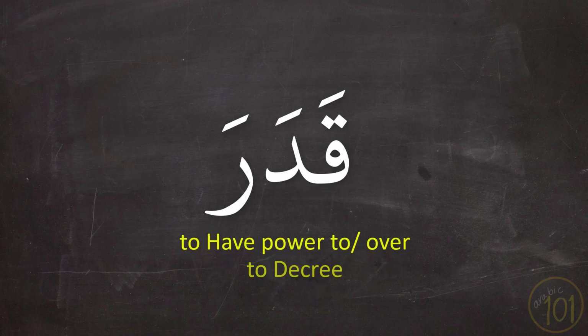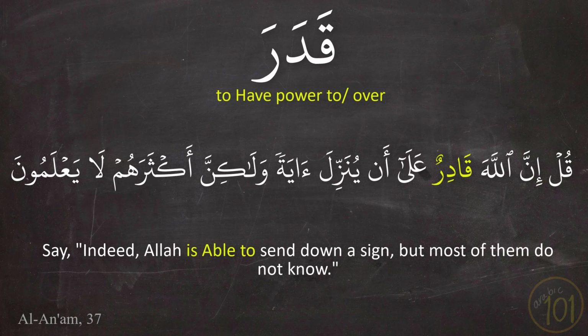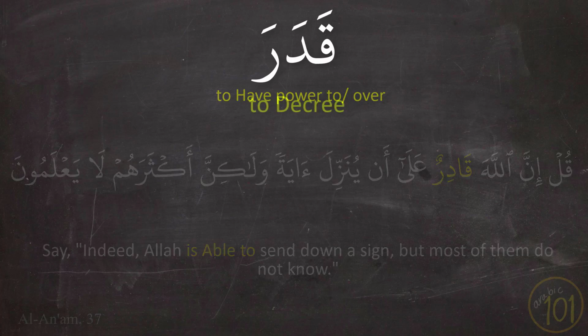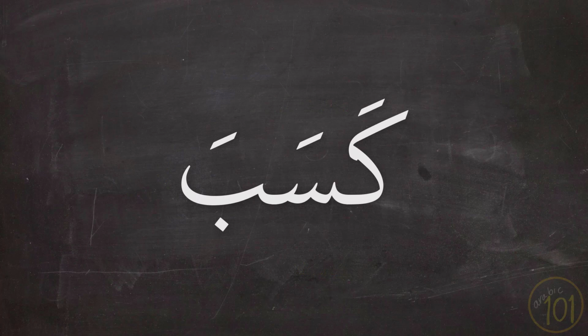We see it used with the first meaning in this example. قُلْ إِنَّ اللَّهَ قَادِرٌ عَلَىٰ أَن يُنَزِّلَ آيَةً وَلَكِنَّ أَكْثَرَهُمْ لَا يَعْلَمُونَ. Next example. وَذَا النُّونِ إِذ ذَهَبَ مُغَاضِبًا فَظَنَّ أَن لَّن نَّقْدِرَ عَلَيْهِ. The next verb is كَسَبَ, and it means to earn, like in this